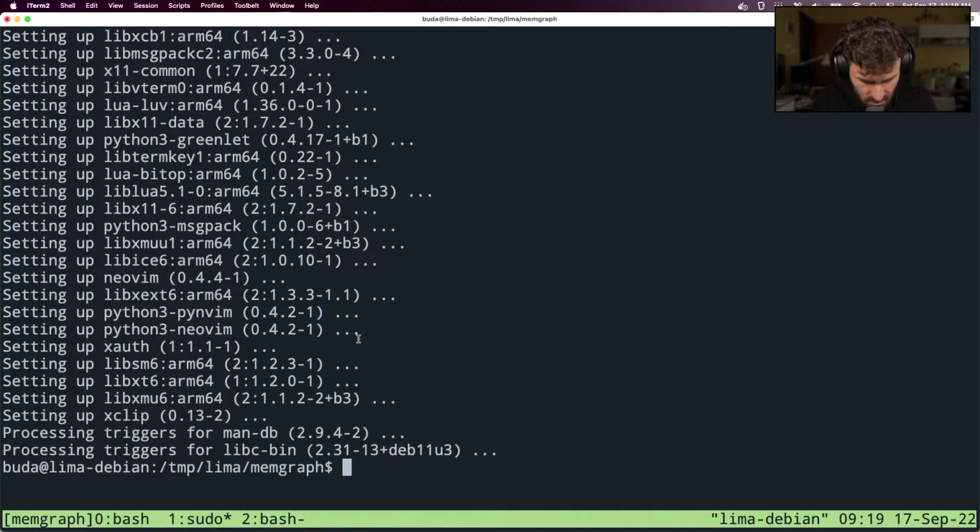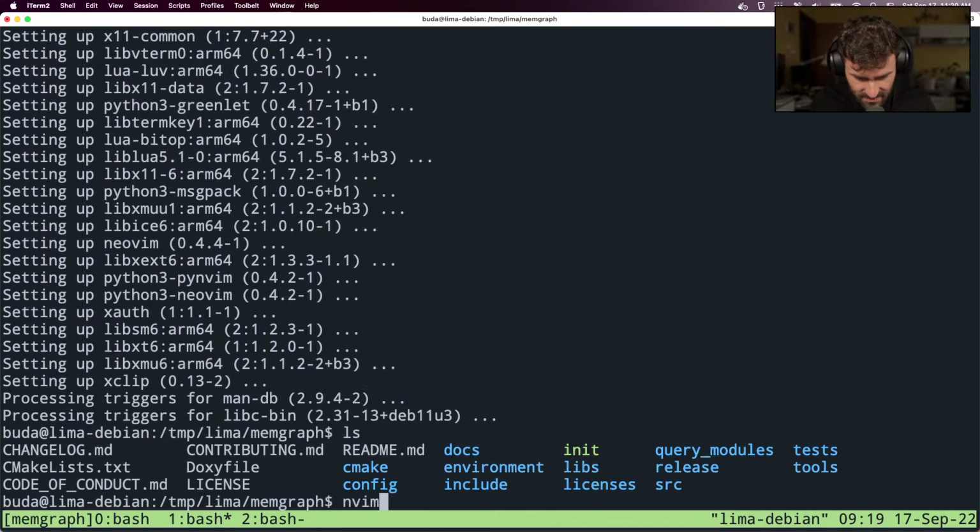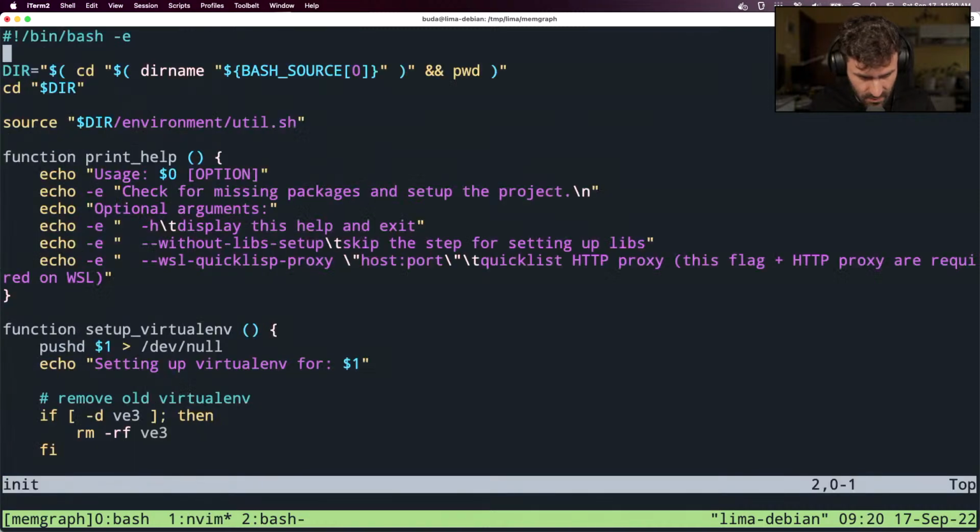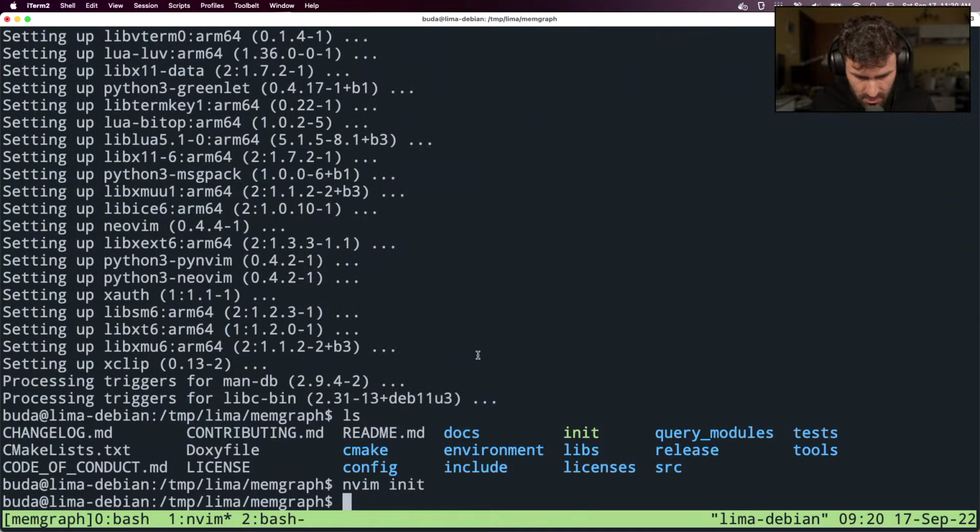So this, and I also need, but the problem is that it's gonna fail. NeoVim init, NeoVim works, but